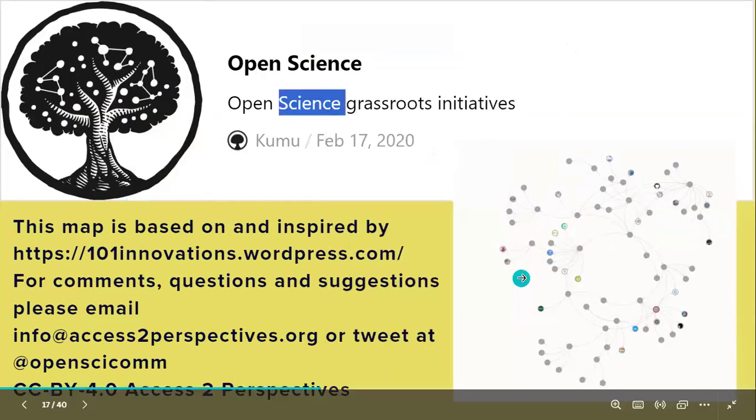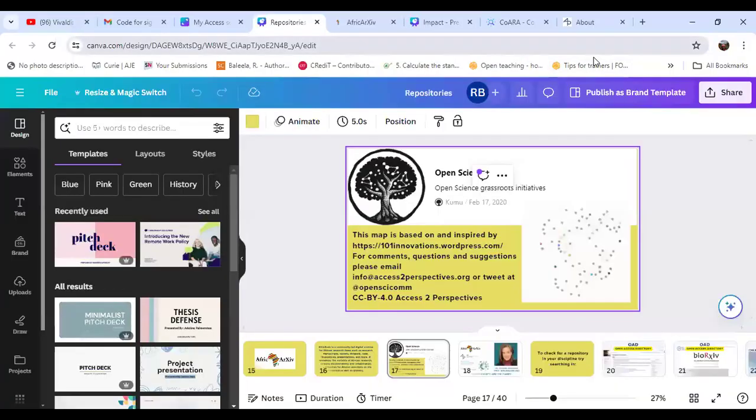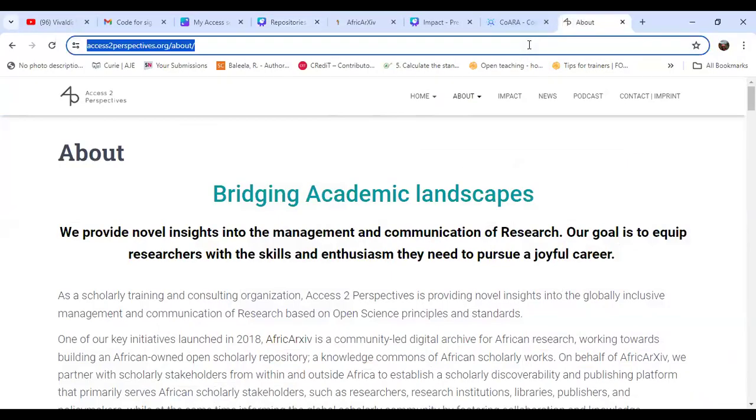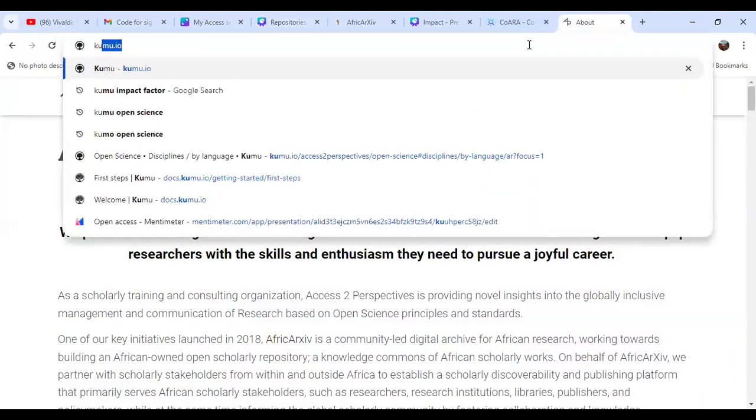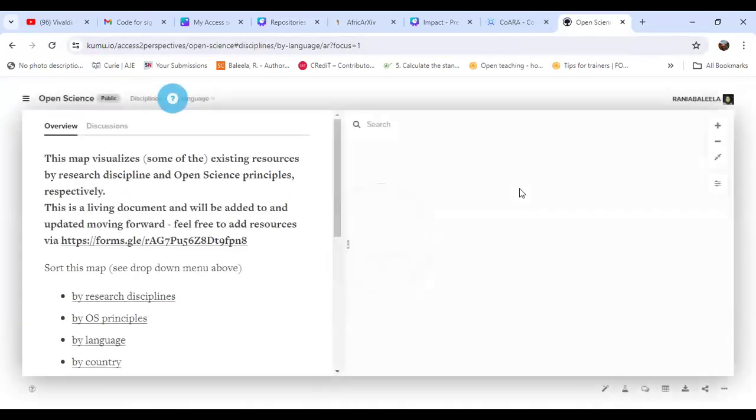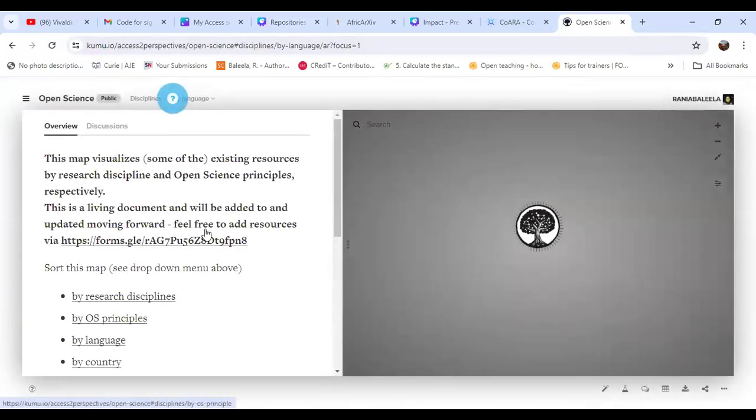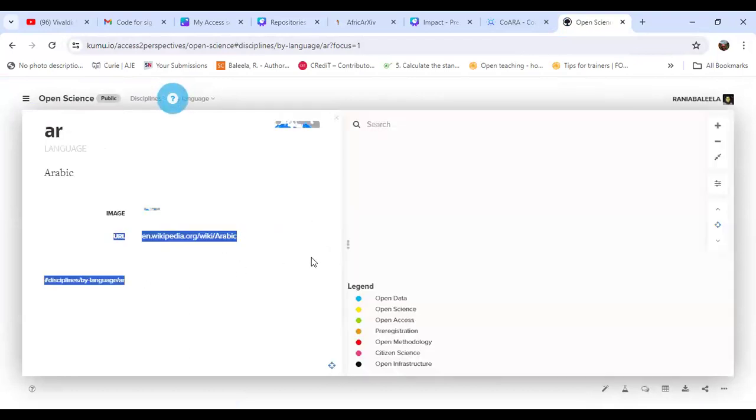I have to go back and take you to Como. It's not working. I don't know why. The link. It's Como. Science, by disciplines. So they also developed, through Access to Perspective, this